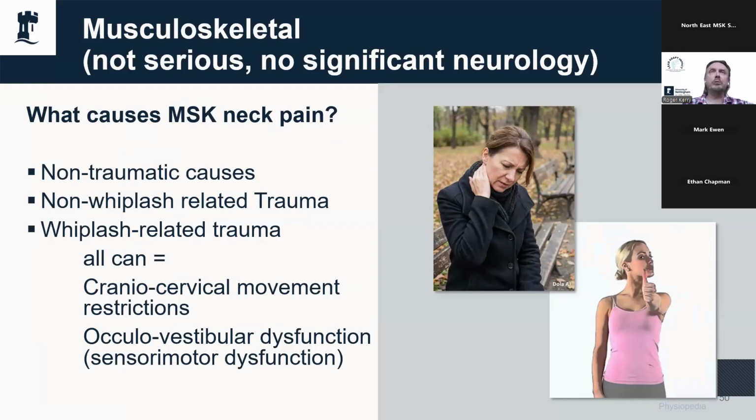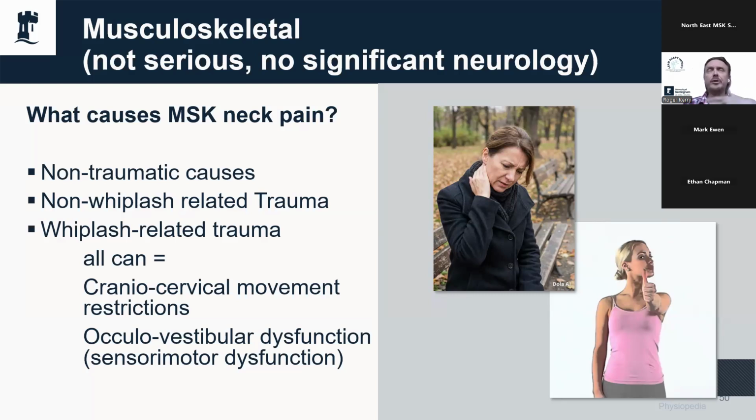So if we can rule out everything serious with the neck and the head and the arm, and there's no significant neurology, we can think about classifying neck pain as non-traumatic causes, or non-whiplash trauma, or whiplash-related trauma, just because those things all present slightly differently. And with the traumatic, particularly with the traumatic type of head and neck pain,